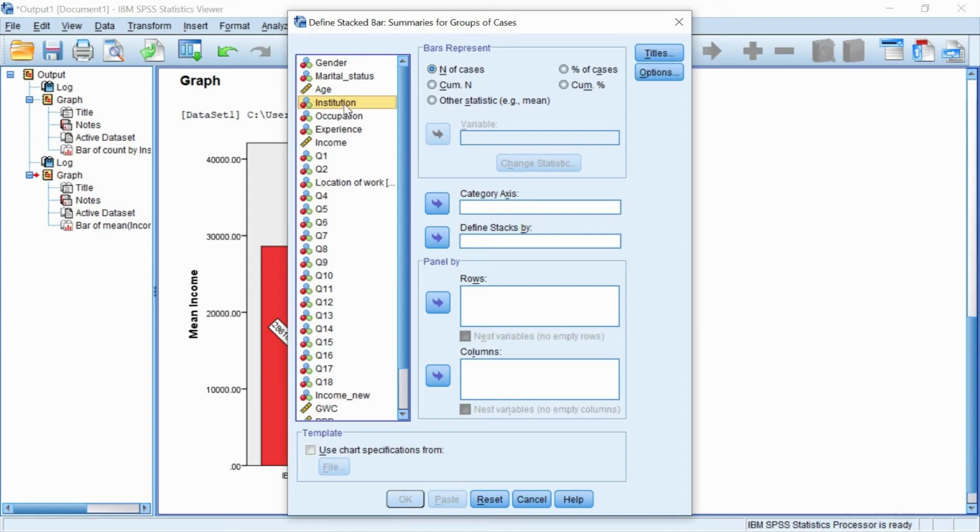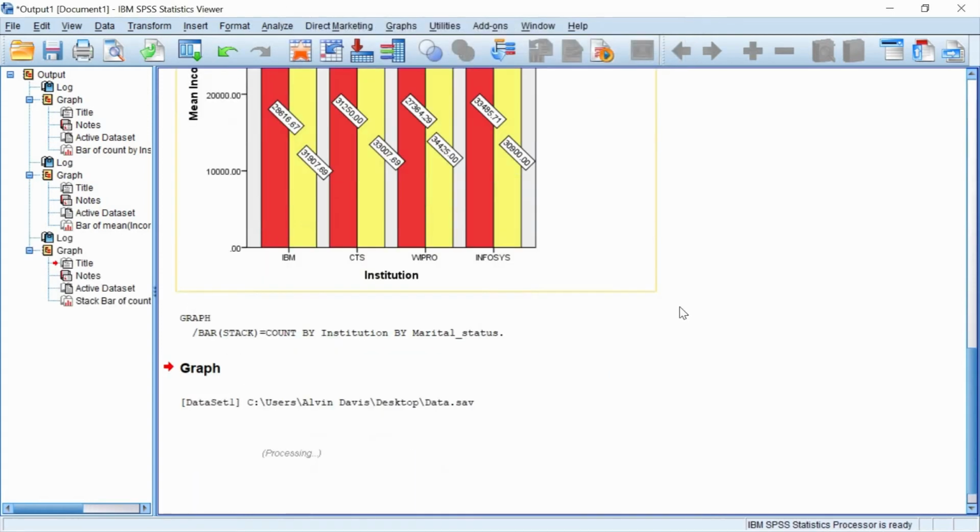Choose institution and move into the category axis. And next marital status, or whatever variable you want, you can choose it. Here I am selecting marital status and I move it into the define stacks by. Here I selected number of cases, then click OK button.